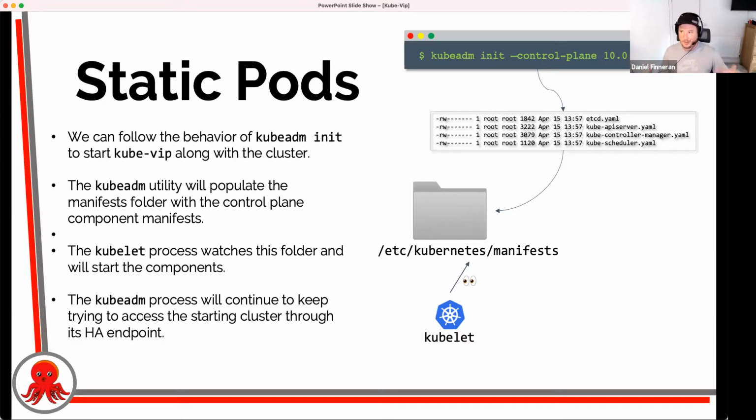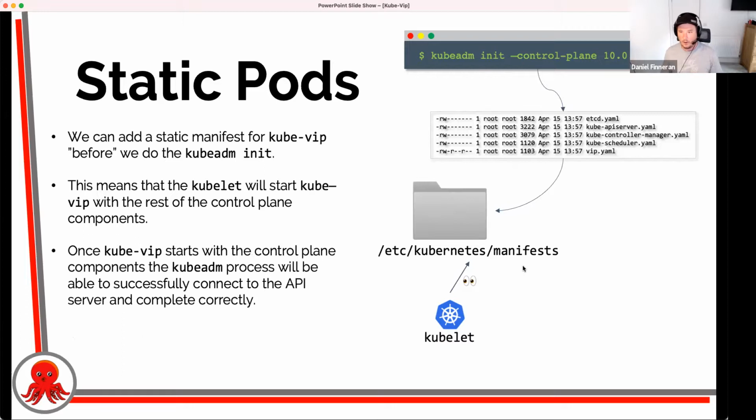And hey presto, we now have our first node of the cluster actually up and running. The next step then is to join all of the other nodes to the cluster and add in the static pods on those other control plane nodes. So that's effectively how it stands itself up.